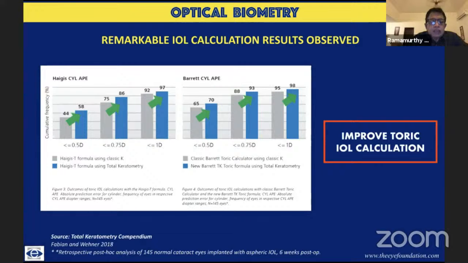Whether it's the Haigis or the Barrett that's used, incorporating the actual measurement of the posterior corneal curvature, whether you have a cutoff of 0.5 diopters or 0.75 diopters or a 1 diopter difference in the toric IOL power calculation, you find there is a significant improvement when you actually measure compared to what is mathematically assumed